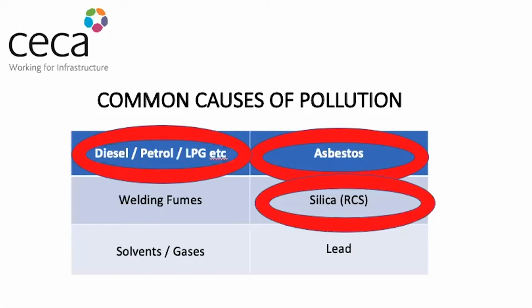It's almost a case of we don't know what we don't know, but it's just trying to be aware of things. I've put on the list there welding fumes. Recent advice from HSE: fumes can cause lung cancers. And the third red circle there is RCS, respirable crystalline silica. There's a new report out by B&CE, 'Silica, the next asbestos'. Whilst we think we've got some good data around asbestos, have we got enough data around silica to be able to move forward as an industry? So just a few questions there.